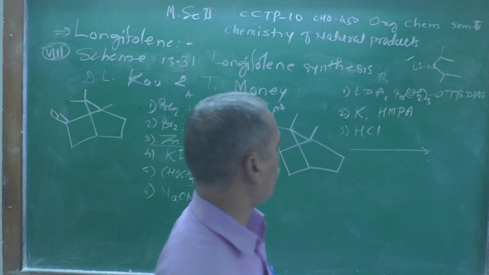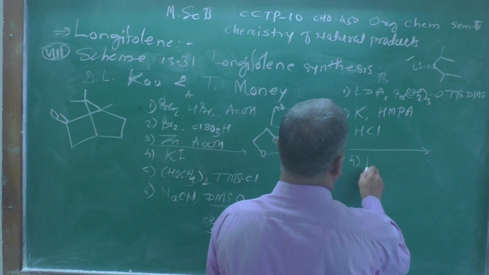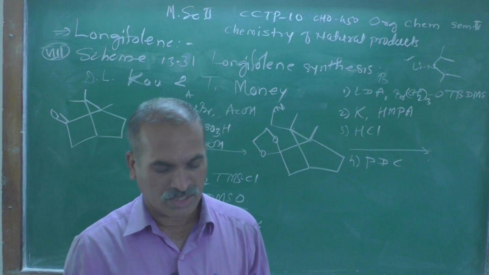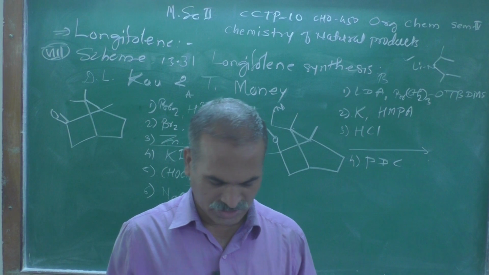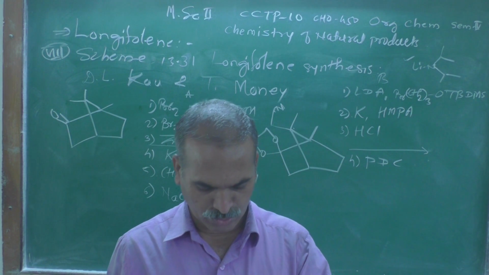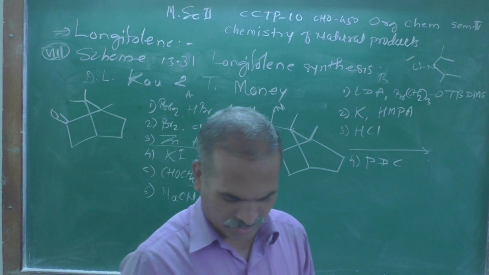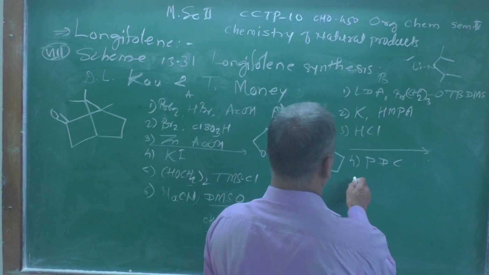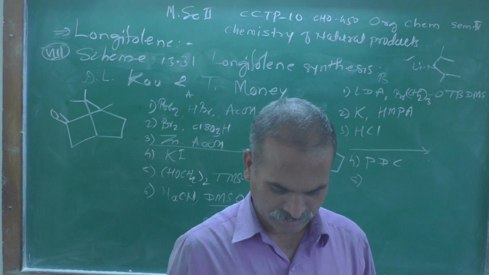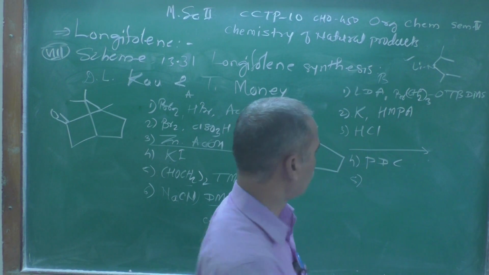Then the fourth reagent is added here, PDC. PDC means pyridinium dichromate. This is the oxidizing reagent which is also used in this reaction. Then the reagent number 5 which they have used, it is this one,